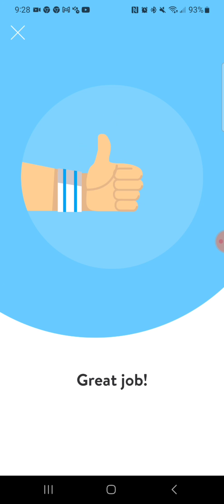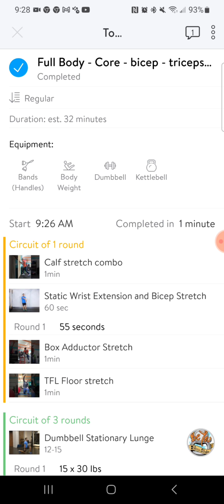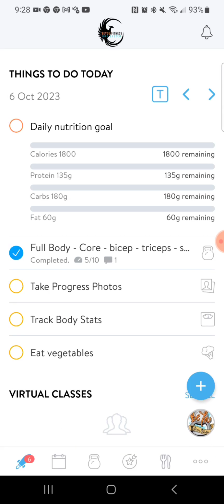And then after you're done, it's going to tell you great job. Look at how many workouts I completed, and then it's going to share it to my badges or my dash. So let's say if I'm in a group chat, it's going to put all my achievements up on the group chat so other people can give you high fives and stuff. All right, so that's how to go through how to customize your workouts and go into the library and search for your